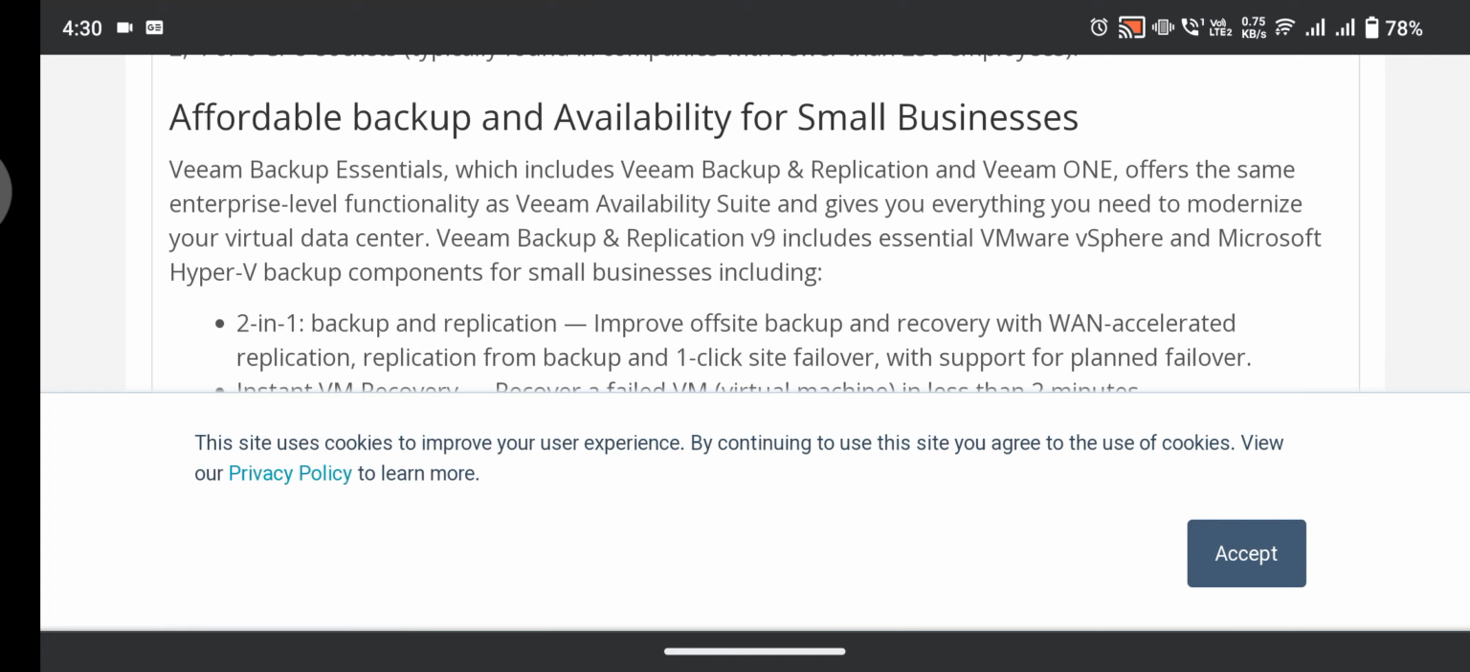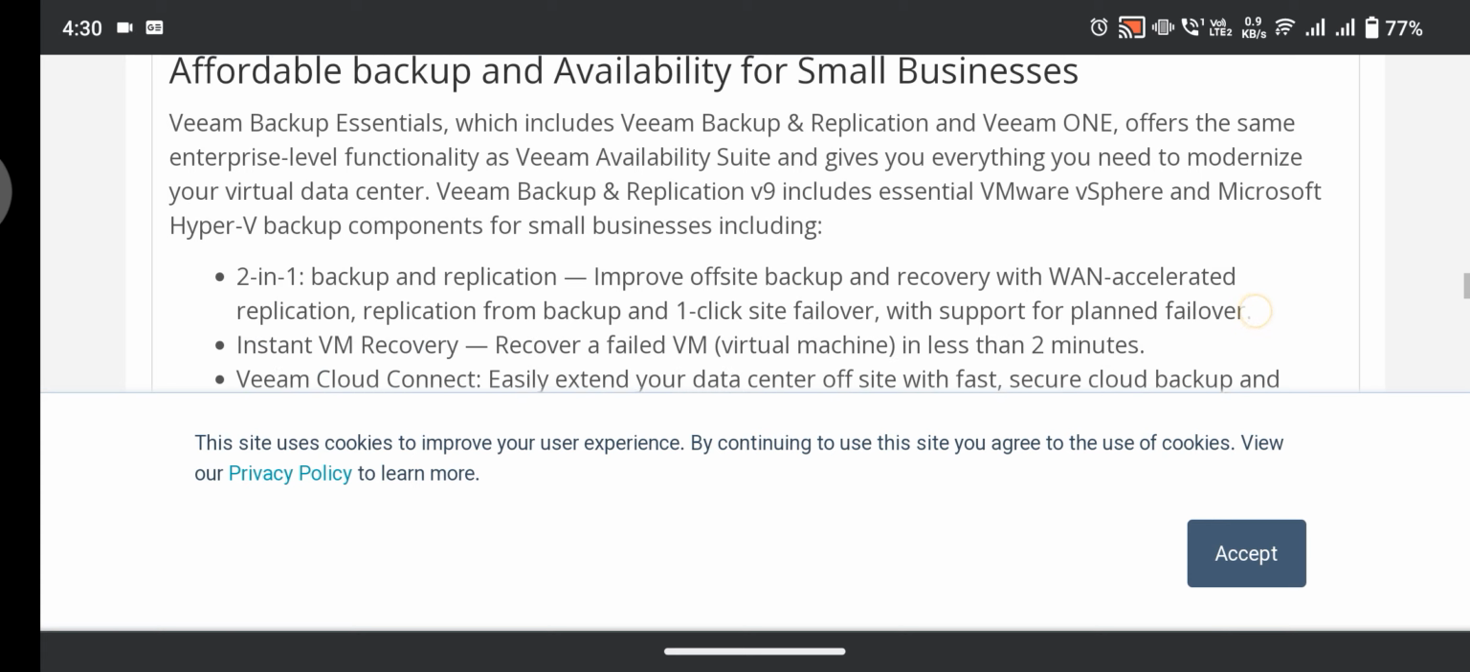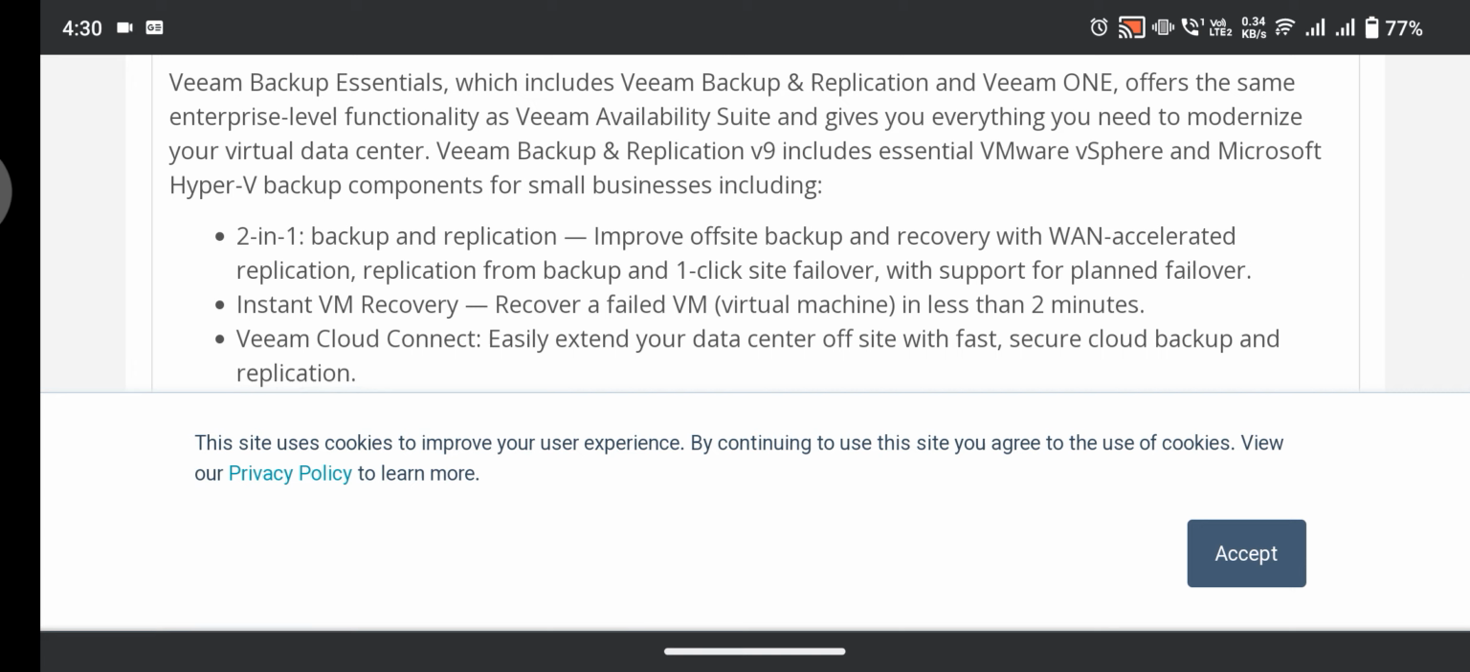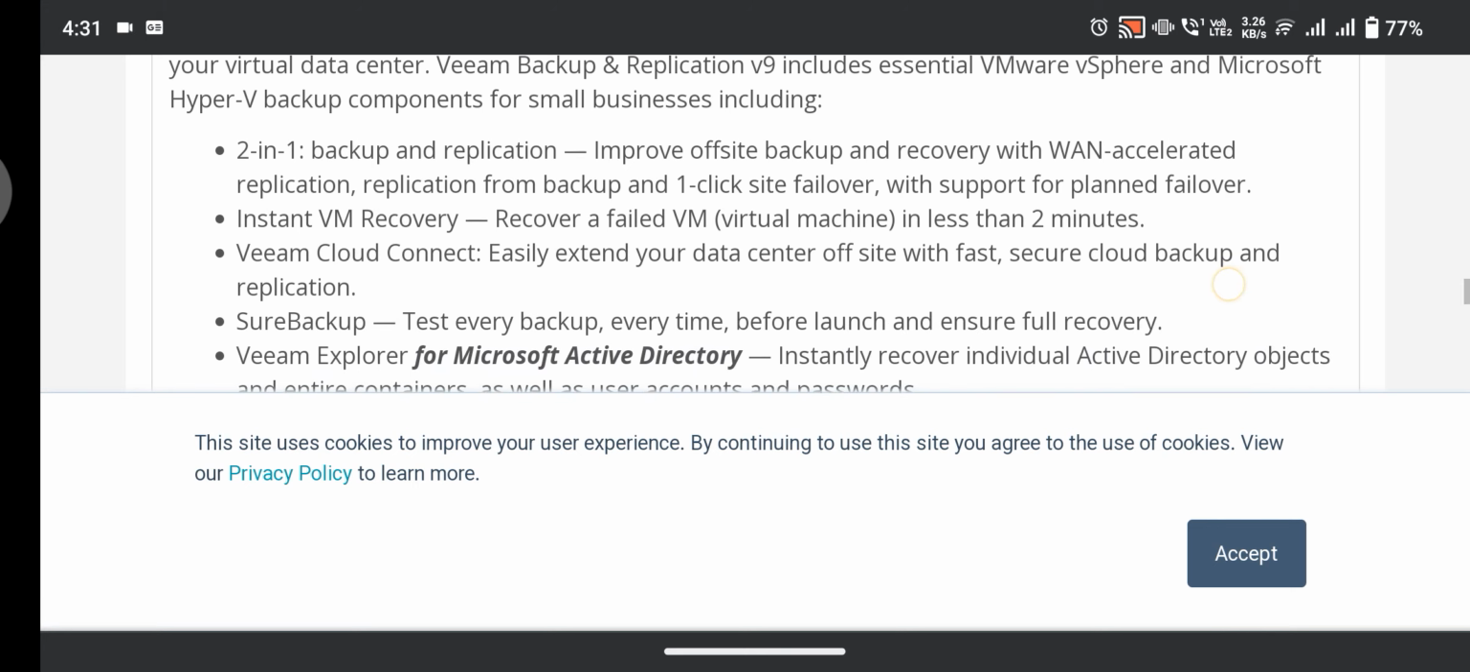Veeam Backup Essentials, which includes Veeam Backup and Replication and Veeam ONE, offers the same enterprise level functionality as Veeam Availability Suite and gives you everything you need to modernize your virtual data center. Veeam Backup and Replication V9 includes essential VMware vSphere and Microsoft Hyper-V backup components for small business, including